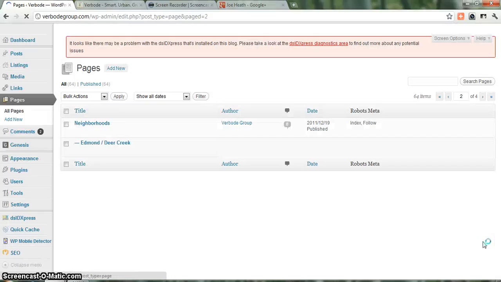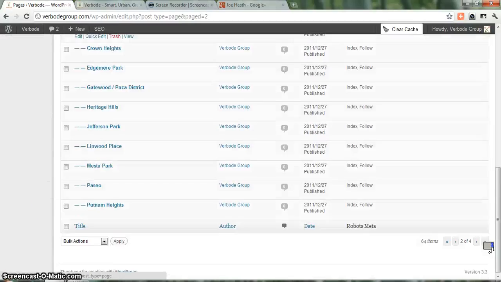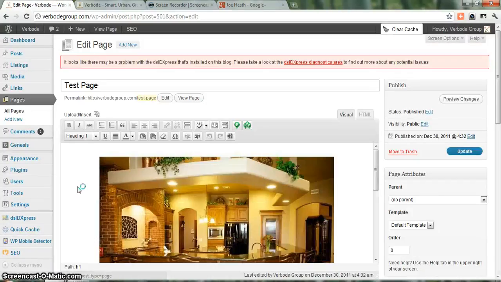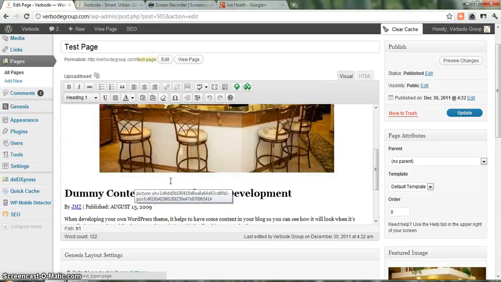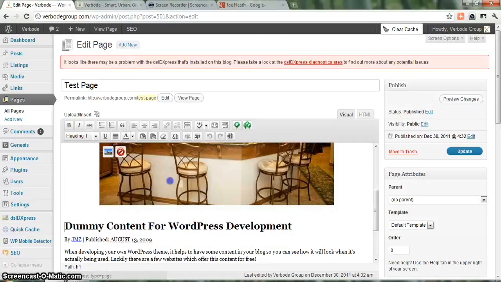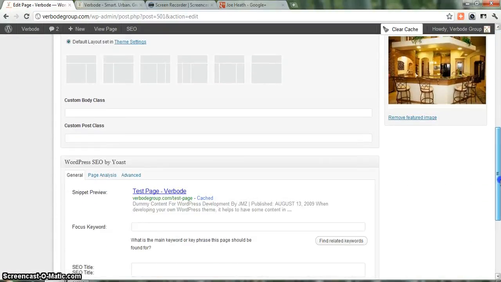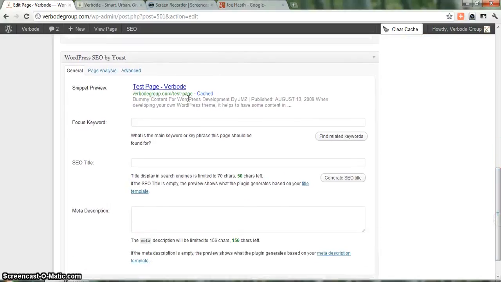So let's go to that test page that I created, called test page, and let's go to edit. This isn't exactly the same test page that I created in that last video. It's kind of a different one I put together, but kind of the same concept. In any case, we get to the test page where we add the content, where we edit the title up here, and if you scroll down just below that content section, you're going to see another section that's titled